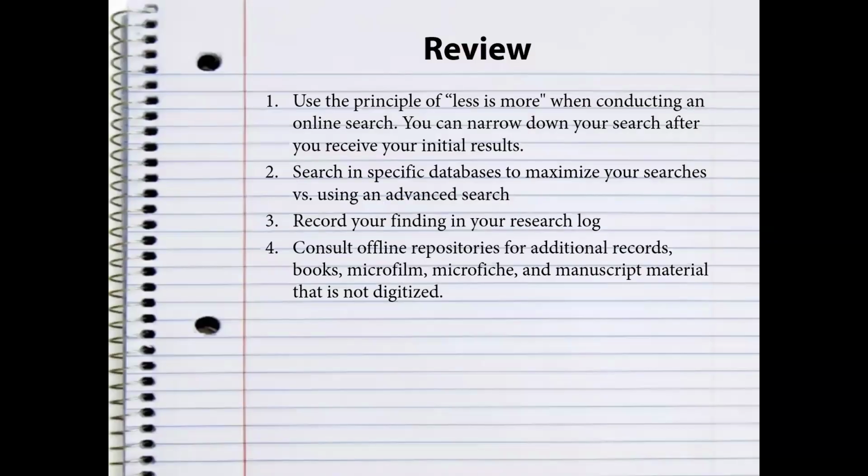So in review, I hope that this part of the course has shown you that when you're doing an online search, use the principle of less is more. You can always add more information into your search screen to narrow down what you were trying to find. Do targeted database searches to maximize those results versus searching all collections, because you are narrowing in on something that you know is most likely applicable, versus trying to make it fit for everything in a system where you might be filtering through a lot of noise and things that are not going to be applicable. Make sure you're always recording all your findings in your research log, both positive and negative,